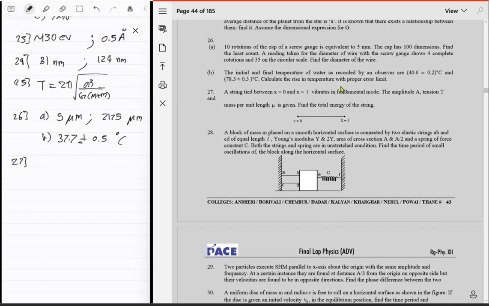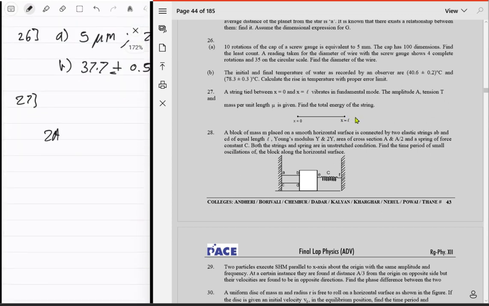27, a string tied between x equal to 0 and x equal to L vibrates in fundamental mode, the amplitude A, tension T, mass per unit length mu is given, find out total energy of the string between x equal to 0 and x equal to L. हाँ ठीक है, चलिए find the total energy of the string, right, fundamental mode मतलब कि क्या, yeah, okay, ये तो अपने nodes हैं, this is like बीच में एक एंटी नोड रखा हुआ है, got it, okay, find the energy of the string, right, unfortunately you can't just do कि तुम जो moving wave के लिए करते हो वैसे तुम नहीं कर सकते, right, we'll have to do it in a different way, ठीक है ना, so 2a, wait, amplitude क्या है,